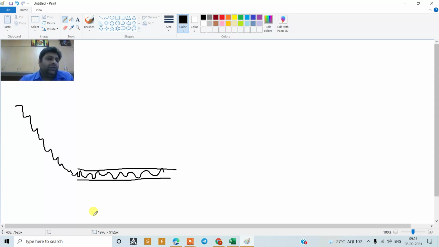So this is accumulation. They keep accumulating at the lowest price as much as possible, or at least they buy the major chunk of the liquidity from the market. Once their buying is done, there are not many sellers left in the market, and they know they have taken the major stake in this particular stock. Now the point comes where they want to earn money. What do they do? Now over here